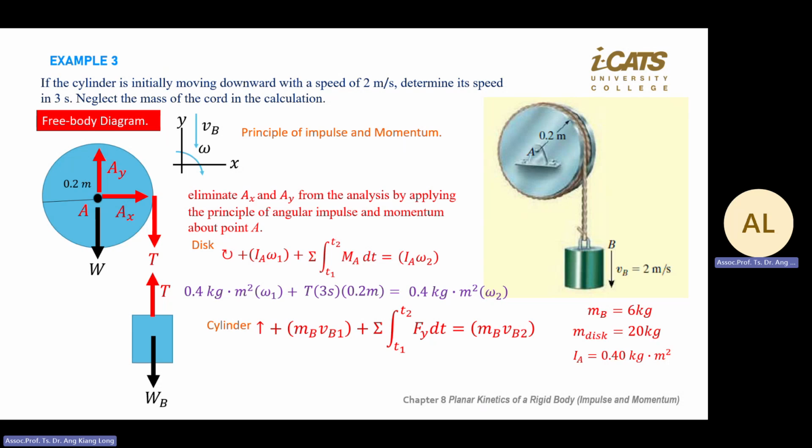Then you can go to the cylinder to find. You put in m, you know, VB, you know. This one, going up is positive, so your V is negative. The first term is negative. The second one, F dt, F is positive because the tension goes up, for 3 seconds. And this one, W, mg, 3 seconds also, goes down, negative,